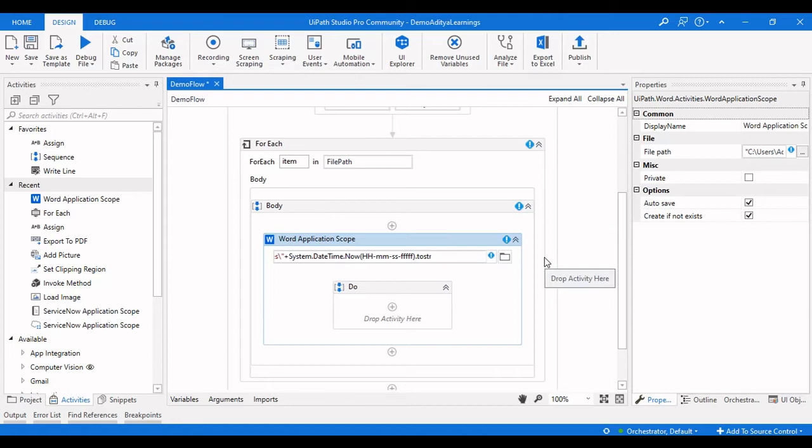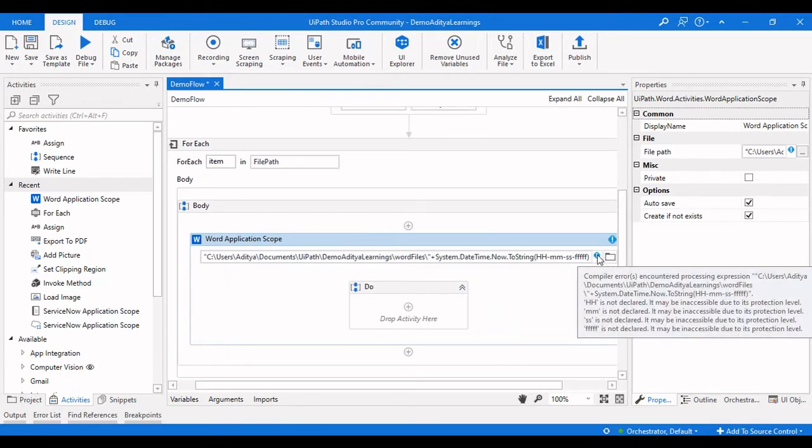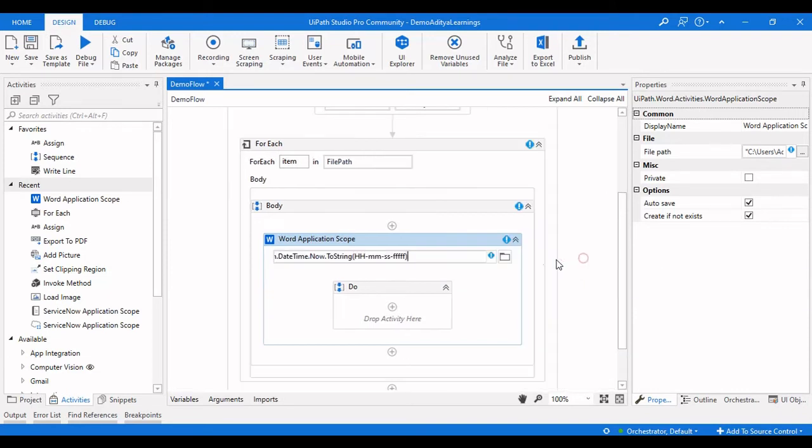So we need to convert this into a string. So we will just place a ToString there. Sorry, not here. We need to convert this here. So this is the variable which is in datetime. So we need to convert that as a string. Still we are facing an error. Is not declared.